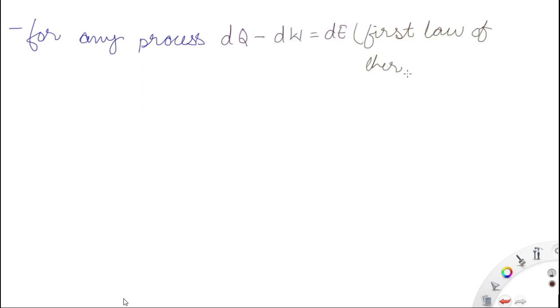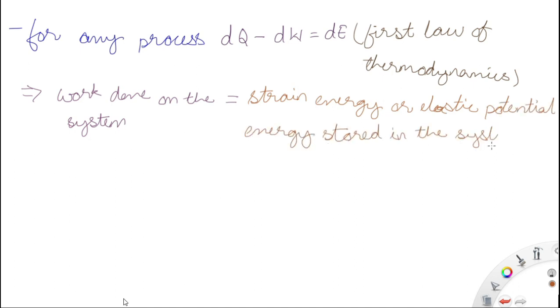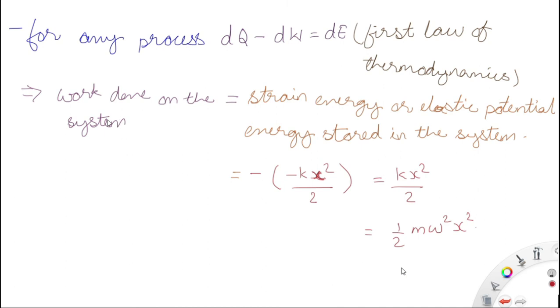Now for any process, dQ minus dW is equal to dE, meaning the change of heat minus change of work is equal to change of energy. That's the first law of thermodynamics. In this question, we have computed W equal to minus of kx square by 2, so dE will be equal to minus of that. That's why work done on the system